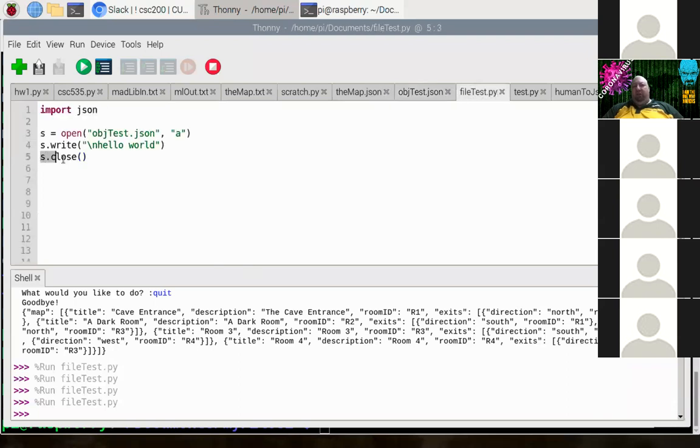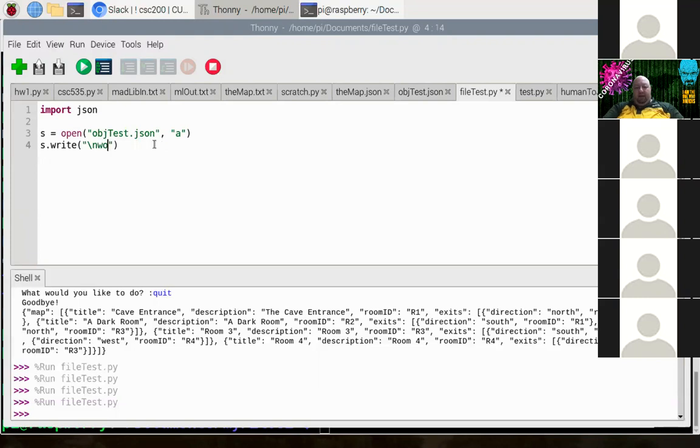Some older languages, if you don't close the file, because the way files work on an operating system is it reads it in from the hard drive and loads it into memory. And only when that file gets closed does it actually write it from memory back to the hard drive. All right, so good programming practice would say any file that you open, you should also close. My guess is that Python has a convenience built into it where it automatically closes all your files if you haven't, because I bet you if I remove that close,